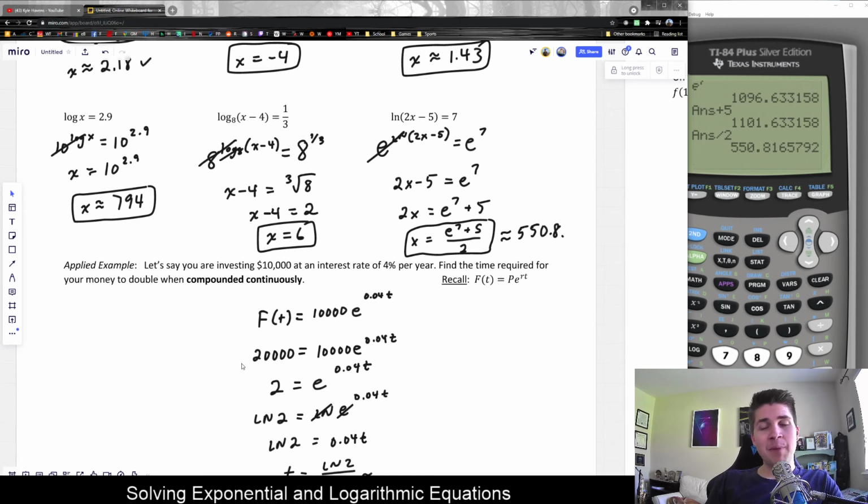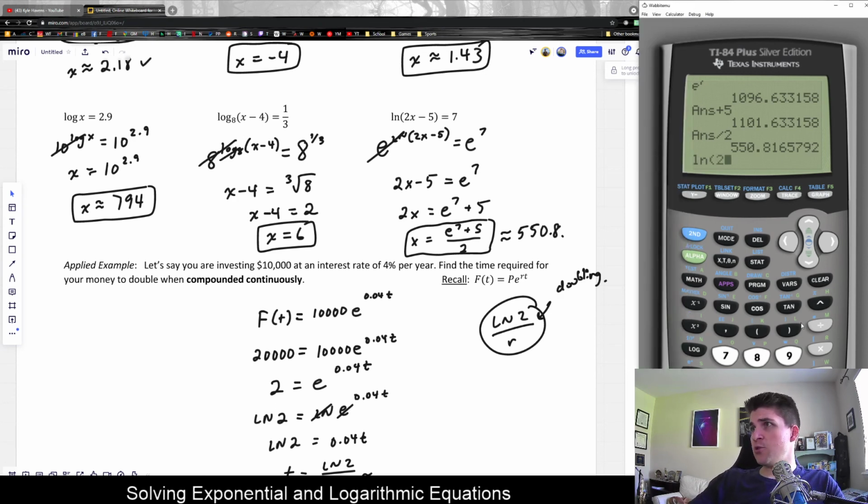Or if you want to memorize this, the doubling time for an account is always ln of 2 divided by the interest rate. And again, this is for continuously compounded accounts. So this would be the doubling time. And there are other formulas for doubling time when it's compounded in other ways. You could look up the formulas online for such things if you need them. Anyways, the natural log of 2 divided by the interest rate would give us approximately